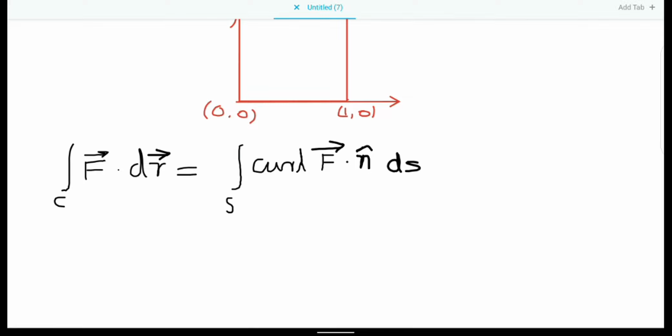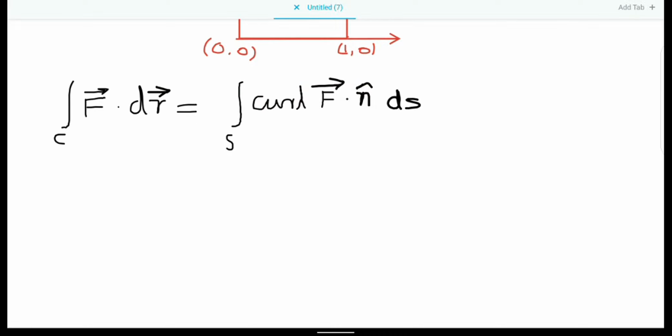But let's recall the statement of Stokes' theorem that says integral over closed curve F dot dr. If we want to do that, we have to do it 4 times, along the 4 sides of the square. However, we also have that the integral over closed curve F dot dr is equal to the surface integral of curl of F dot n dS. So Stokes' theorem basically converts the line integral to a surface integral. So let's try to evaluate the right hand side, the surface integral of curl of F dot n dS. For that, of course, we should compute curl of F,